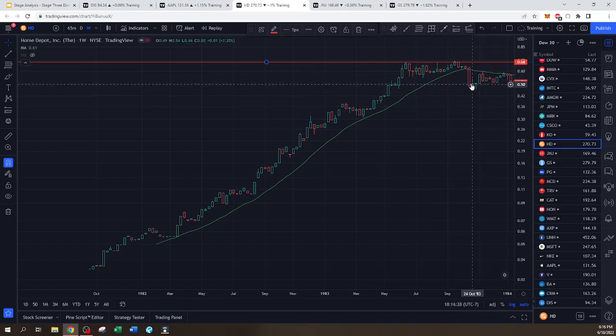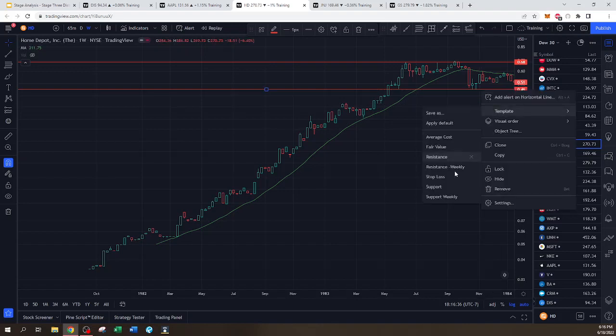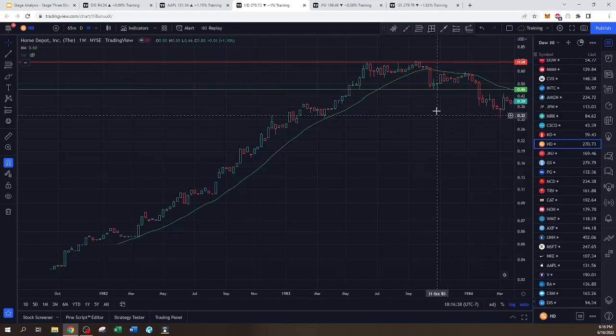So once that moving average catches up to price, we see that break below, and then we see our support form right in here, and that's our Stage 3 support. And then as we continue farther, we see that slope start to go negative, and then price breaks below the support of the Stage 3, and it moves lower.